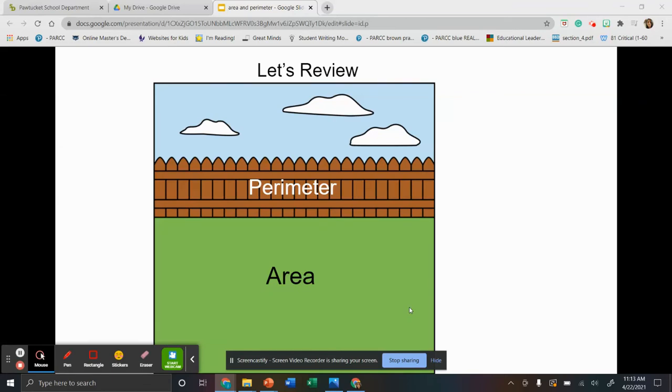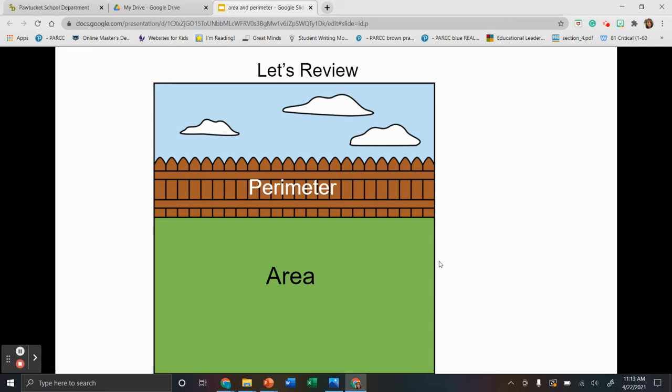All right, so today I want to review perimeter and area. Okay, so let's see if I can hide this. All right, so